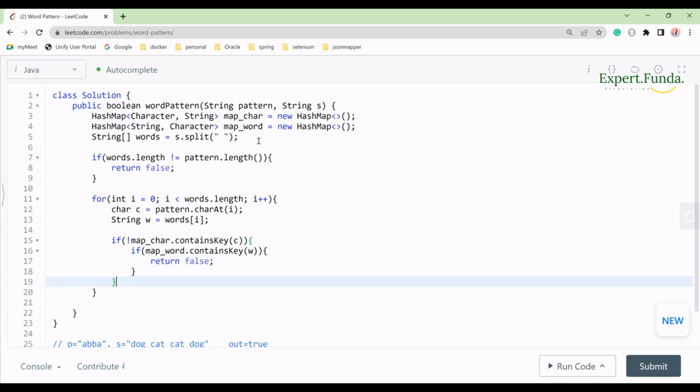Next means we are not matching word and map; both map character and word character are not matching, and that's why we are returning false, right? So we are here. Otherwise, what we can do, we'll make an else condition